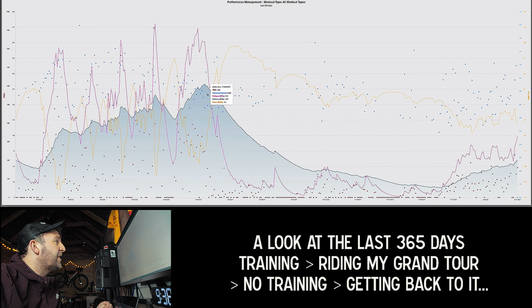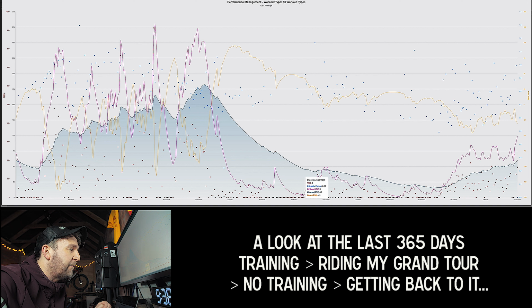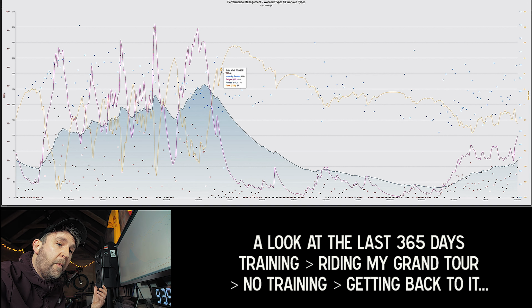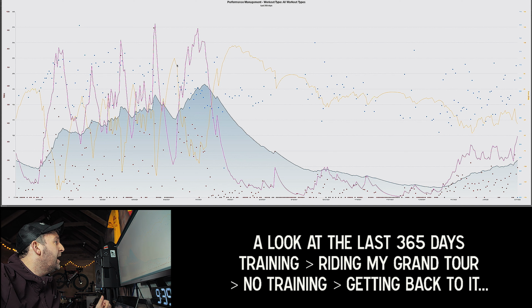Now obviously as I finished the Grand Tour and didn't do any training at all, my fatigue levels very gradually dropped down to the point where I was about as rested as I can possibly be, because I haven't done anything. That's not the full story. The yellow line tells me how good my form is, my training stress balance. So as you can see, with each of those recoveries, as the fatigue starts to drop,